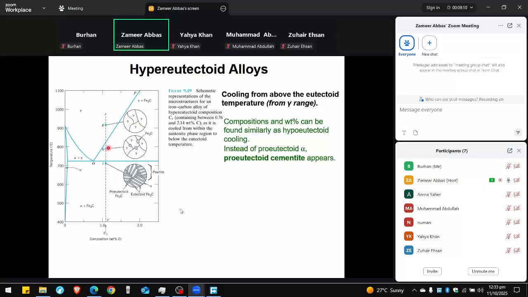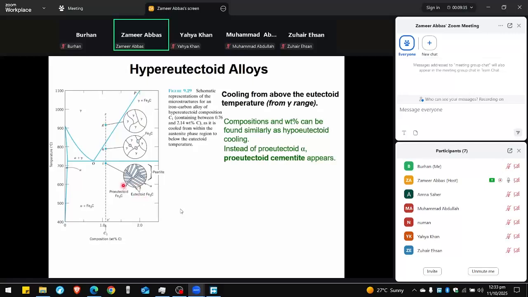Iron carbide, और इसकी content increase होगी. ठीक है, till we reach this eutectoid point. Right? At this point, there is again a eutectoid reaction, and the eutectoid mixture perlite forms, which is of some type. ये इस तरह की उसकी shape बनेगी. So there will be